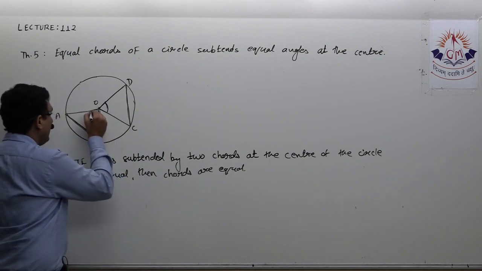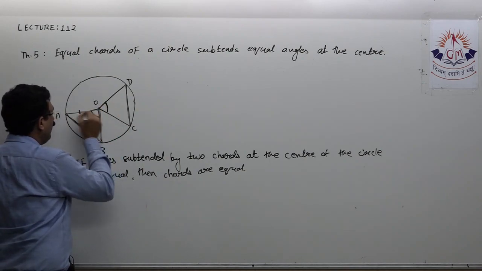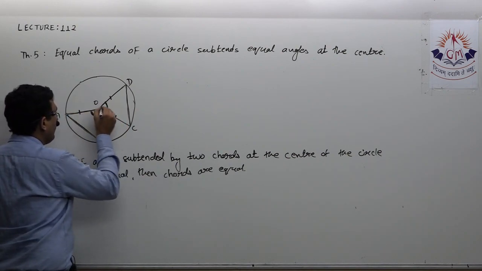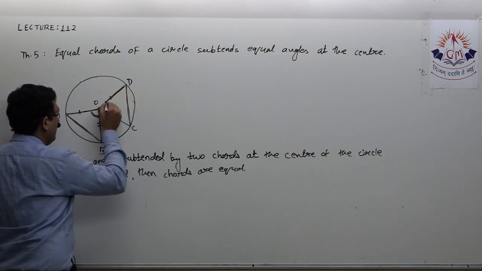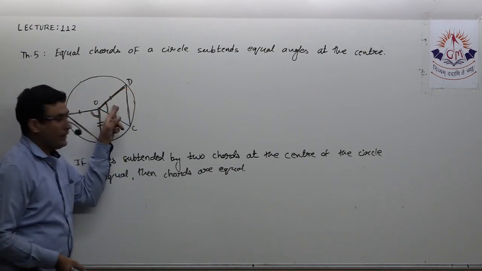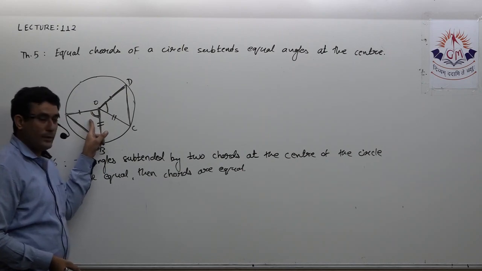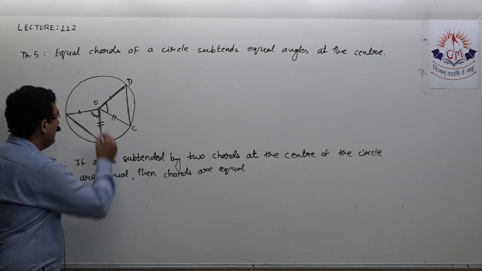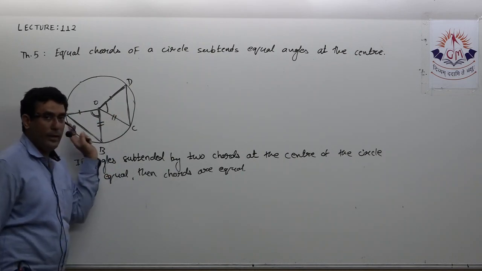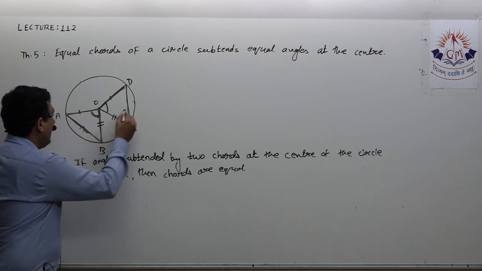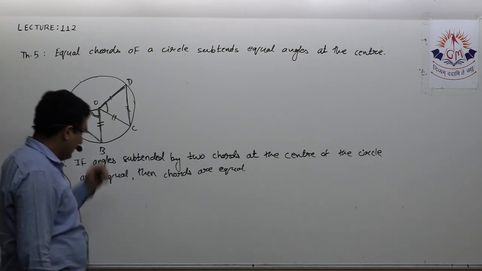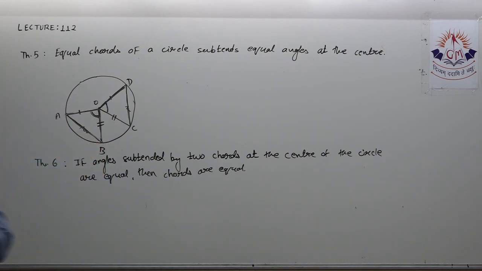So that means here it is given this angle and this angle are equal. So again we can say these triangles will be congruent by side, angle, side. AO equal to DO, radii of the same circle. These two angles are given. It is given that two chords are subtending equal angles, so AOB equal to COD. And again OB equal to OC, radii of the same circle. So these two triangles will be congruent by side, angle, side, and hence by CPCT I can say AB equal to CD. Okay, so note down basically these two statements and then we'll come to the next theorem.